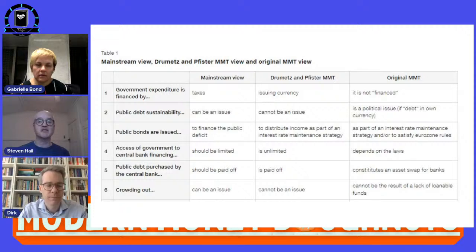I sometimes, again, rather sloppily say that it's financed when you pass a spending bill through Parliament. But that's just, I guess, could be just a language thing, right? Yeah. The interesting thing is to have these discussions. I think people understand much better. If somebody says government spends by issuing currency, or government spending is not financed, technically, yes, it's not financed. The government doesn't need to raise taxes before it can spend or borrow before it can spend.